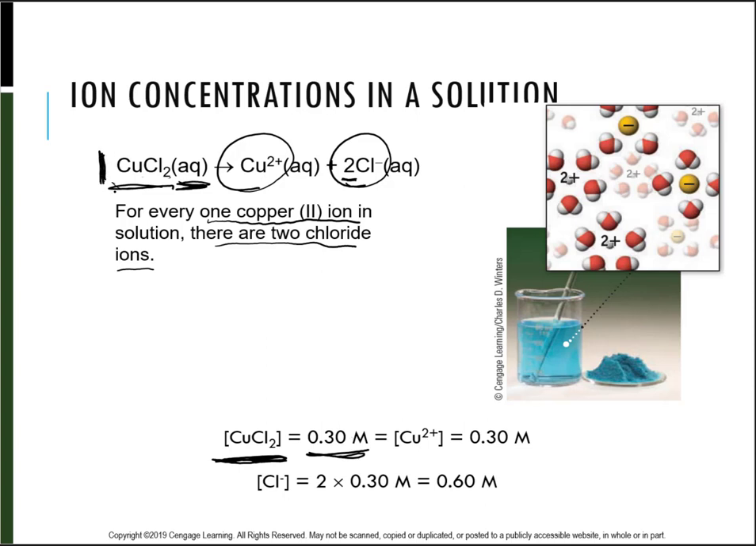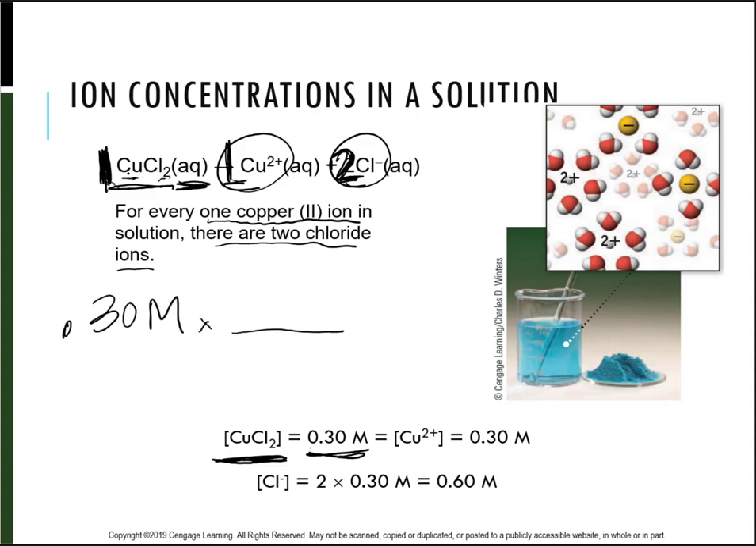so let's look at our stoichiometric ratios here. Got 1 to 1 to 2, right? If I look at my balanced equation, on the left side I have 1 copper chloride, and in that copper chloride there's 1 copper, so 1 copper. There's 2 chlorines, so that's why I have a 2 over here. So if I said my copper chloride concentration was 0.30 M,